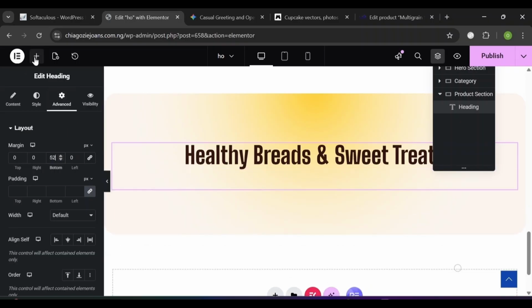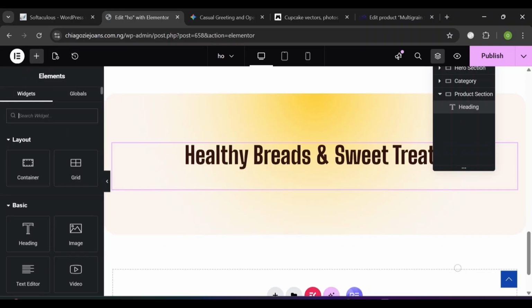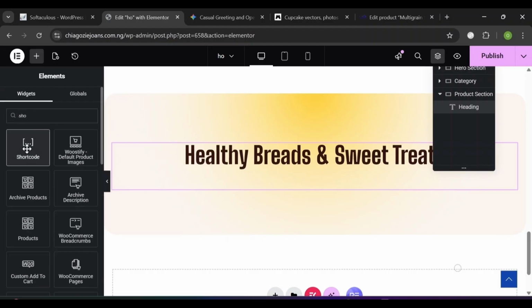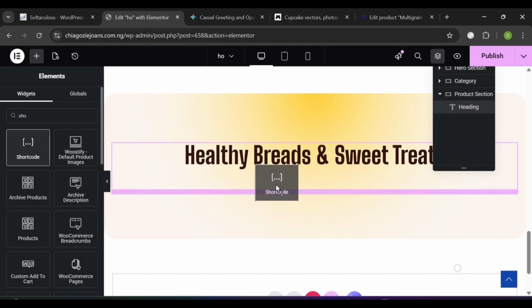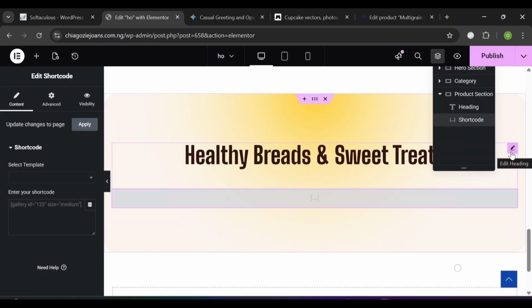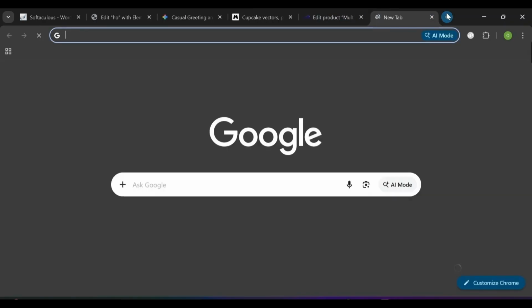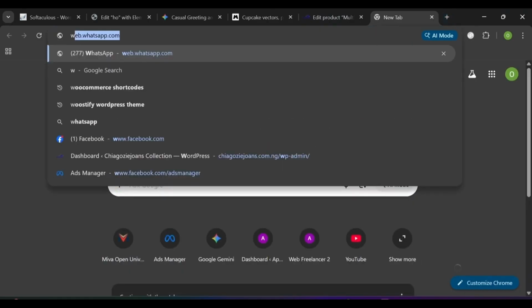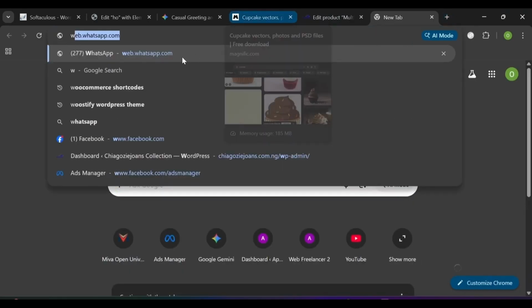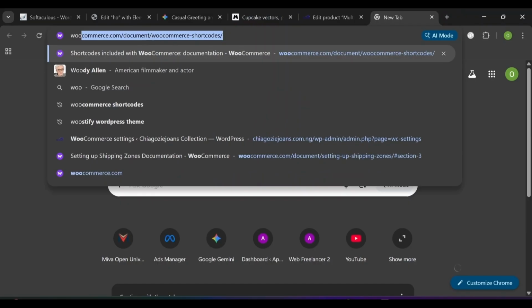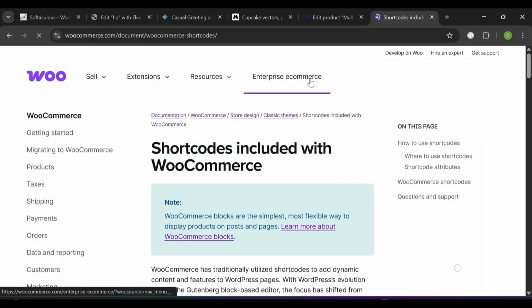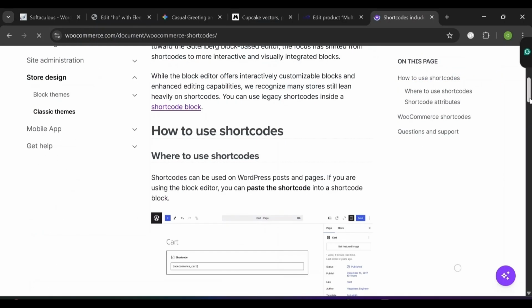Now we are going to click on this plus icon and search for short code. This is the short code. We are going to drag and drop it here, just after the heading text. Now we are going to add the code for the product. You can go to WooCommerce documentation. Just open a new tab, search for WooCommerce document shortcodes. Click on enter, and then you can